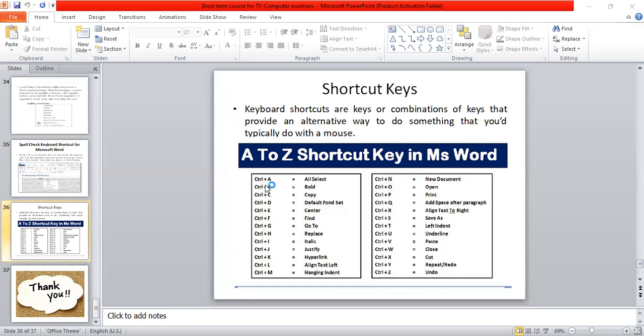Now Control plus A, that means select all, that means you can select all the material from your document. Control B to make it bold, Control C to copy the material, Control D default font set, Control E, जैसे मैंने अभी कहा था अगर आपको अलाइनमेंट सेंटर में करनी है तो कंट्रोल E, कंट्रोल F फाइंड, कुछ भी आपको अगर कोई भी वर्ड फाइंड आउट करना है तो कंट्रोल F दबाओ, एक सजेशन बॉक्स आता है उसके ऊपर आपको जो वर्ड फाइंड आउट करना है you have to just type it. कंट्रोल G मतलब go to,